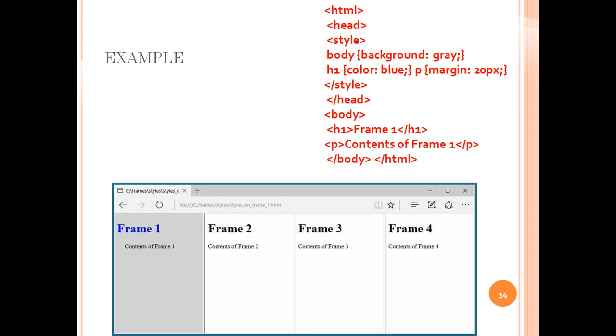Again, we can also format the frames with the various formatting options, which is similar to the previous things. Previously we discussed background color. Either we can give the color or the hexadecimal value. In the same way here also we can do it.